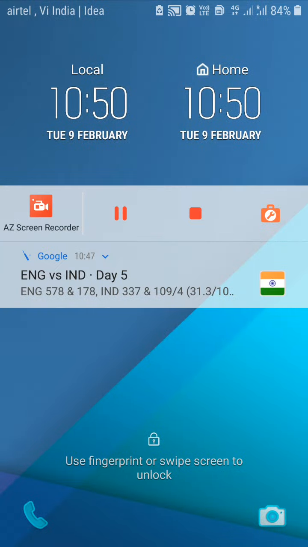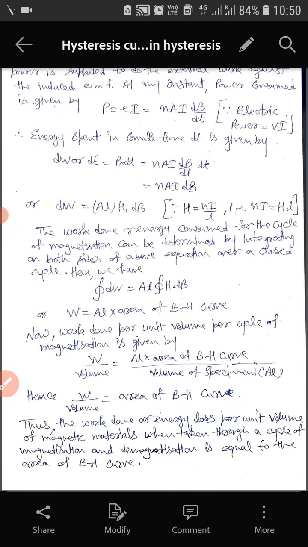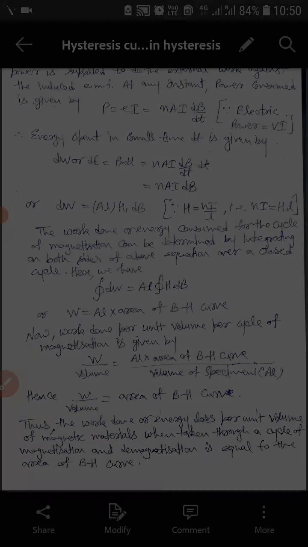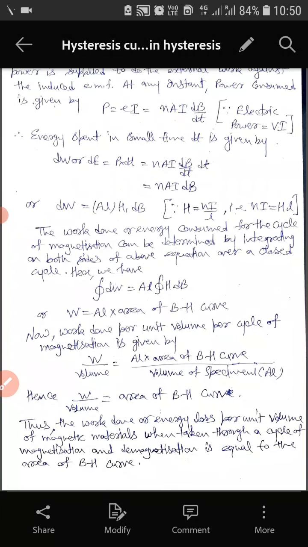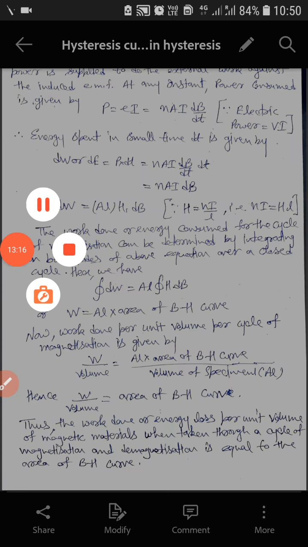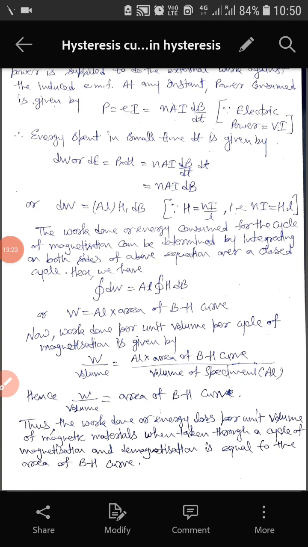There are applications where we require low energy loss, and there are applications where this loss doesn't matter so much. So depending upon the application, we can decide our magnetic materials. With this, the second unit is completed, and I hope you have understood this article. Many of the things in this chapter are related to our plus two syllabus only.